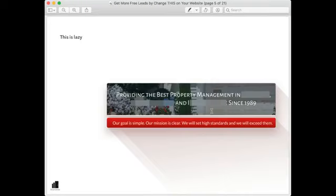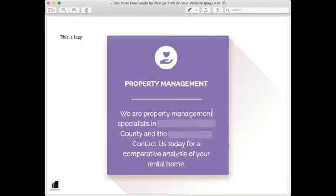Lazy copywriting is what a lot of property management websites have, and I want you to go through your own website and see if you have statements like this. Almost every property management website that I see says, we provide the best in property management. You can see this one says, our goal is simple, our mission is clear, we will set high standards and exceed them. Well, really, their goal isn't simple or clear, because I have no idea what it is. That's lazy copywriting, and usually people get so caught up in the weeds and fires of their property management business